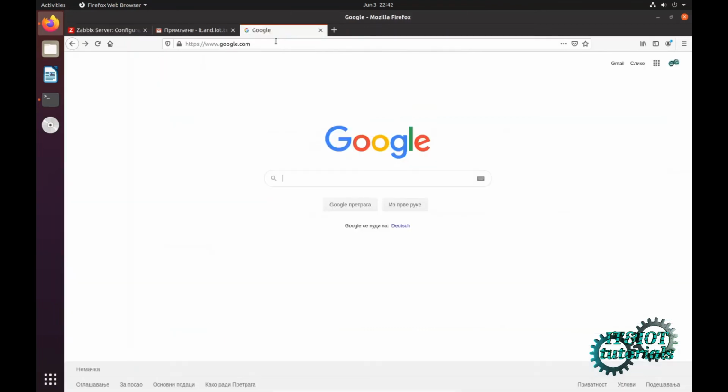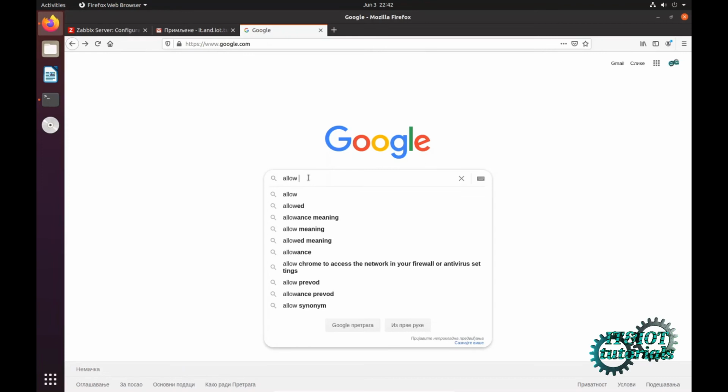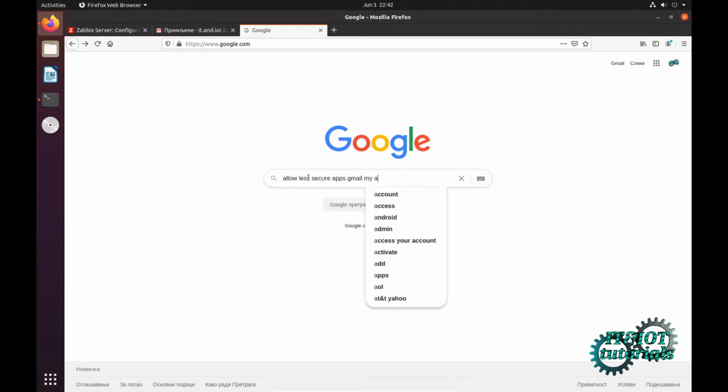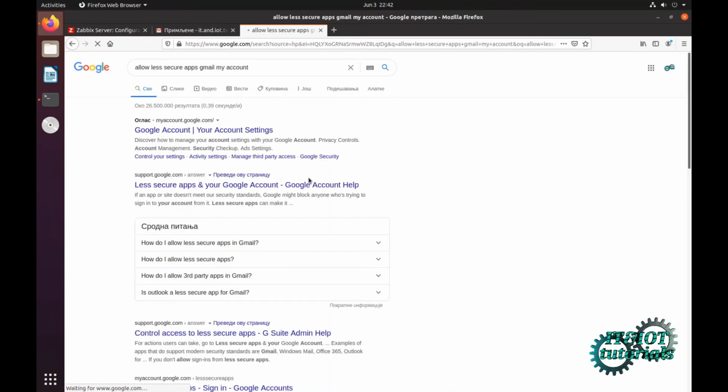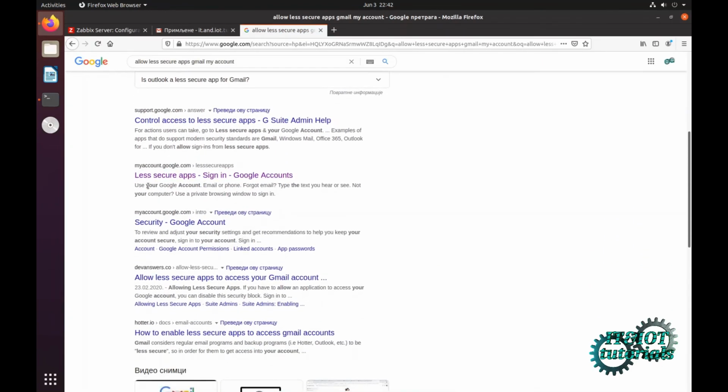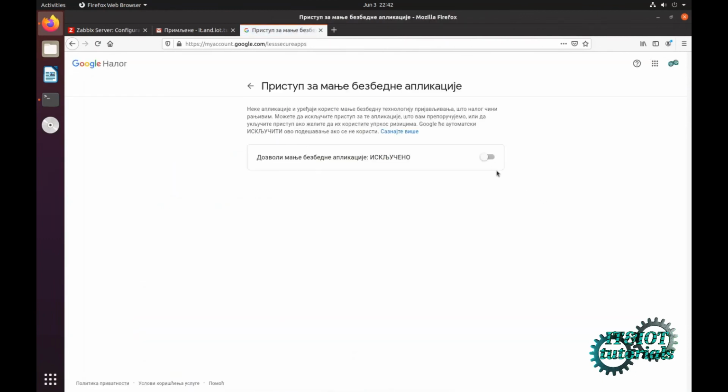If you use a Gmail account, you just have to type allow less secure apps Gmail and type my account. And if you scroll, you can see my account.google.com. Here you have to check on, turn on,